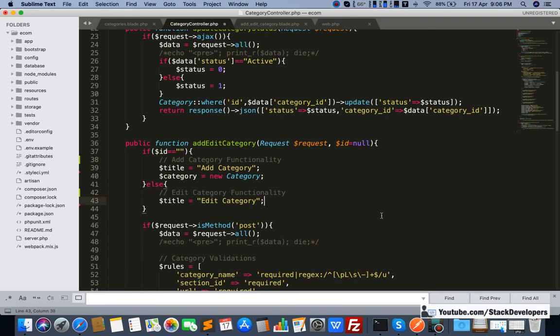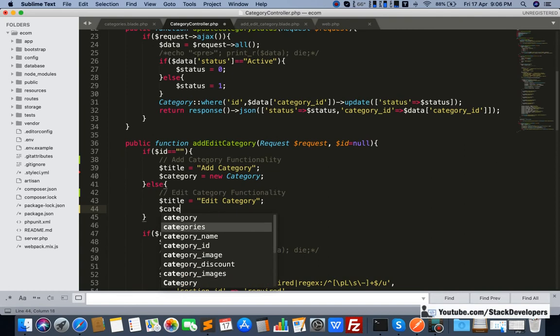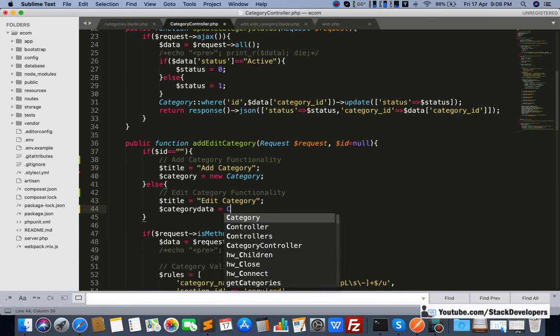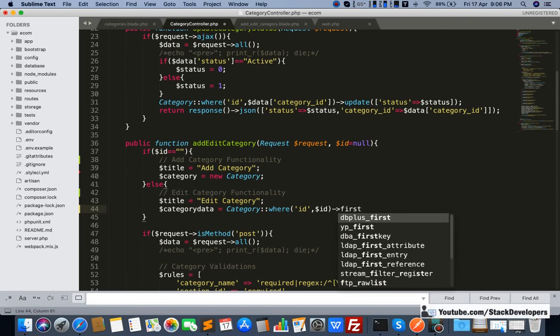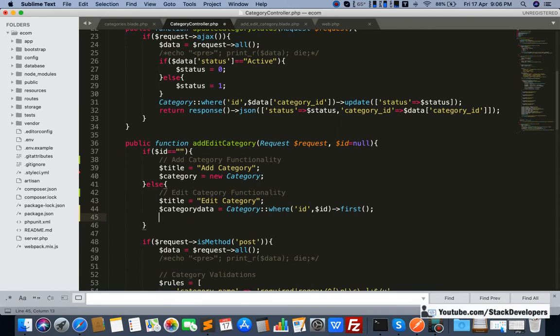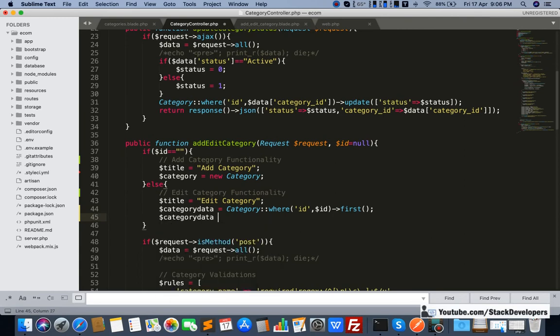After this I am going to fetch the category data, and from category we already have the ID. From the ID we can get the data, and we only want the one category data, so we can use first.